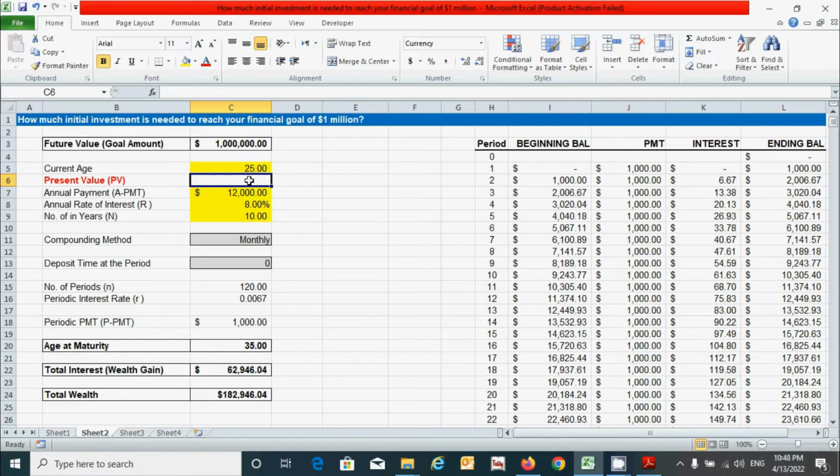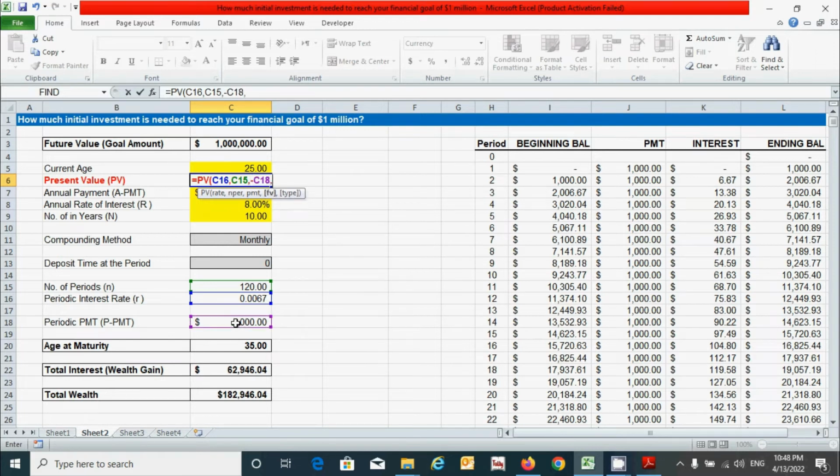It can be calculated by using the PV function in Excel. So press the equal to sign, type the PV function, and press the tab, and let's provide the information based on the arguments. For rate we have to select this one, comma, for NPER, that means number of periods, select this one, comma, for payment we have to select this one but along with the negative sign. So first put the negative sign and then select this one, comma,